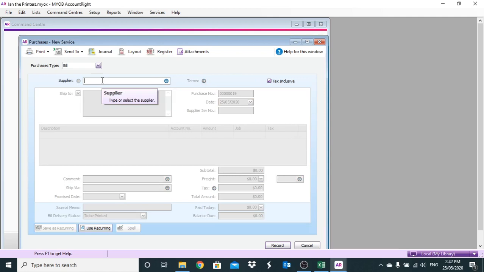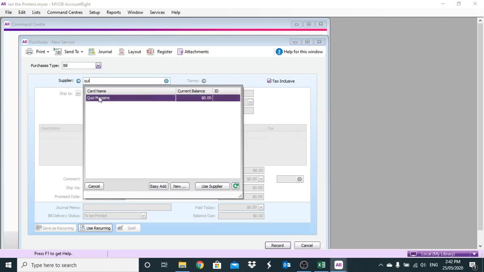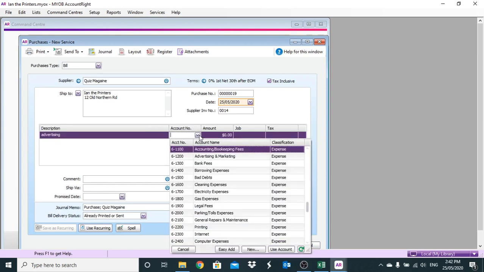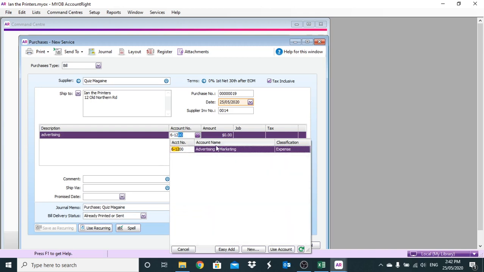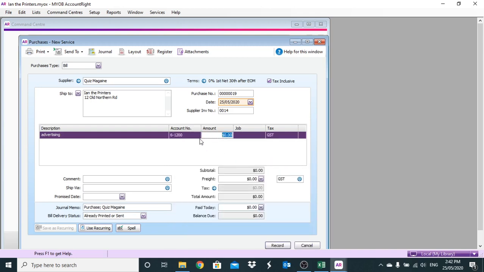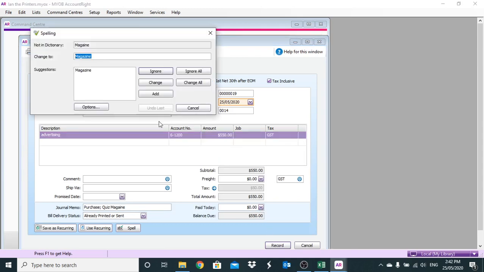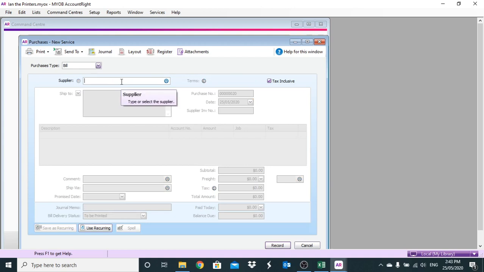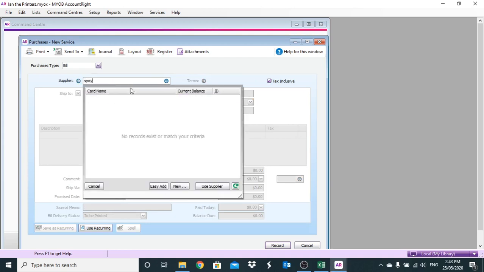Okay, so now we'll do the advertising, which is for quiz magazines. Invoice number 0014. Advertising. 6-1200. It's for $550. The last invoice, let's ignore all. Let's